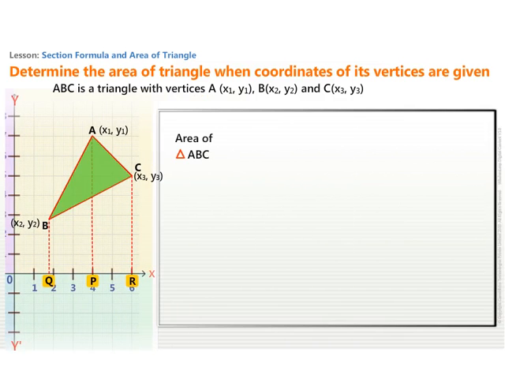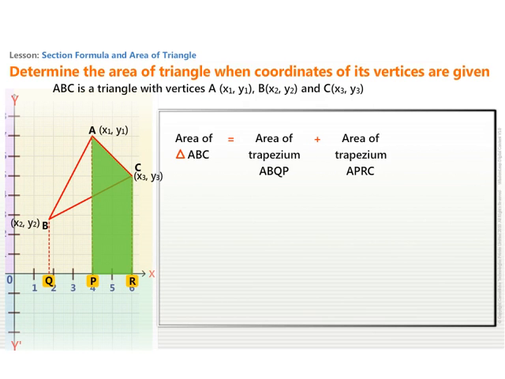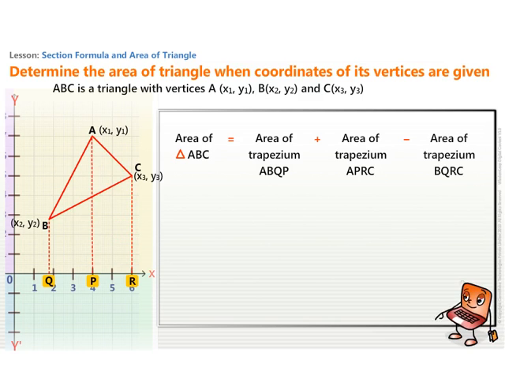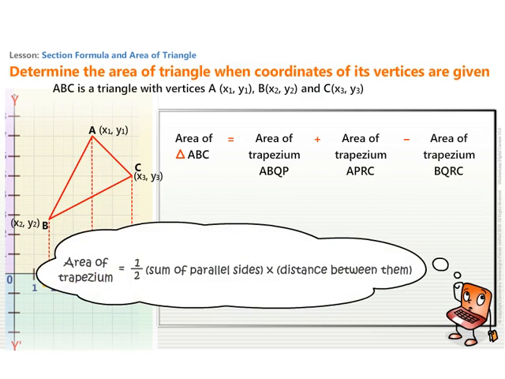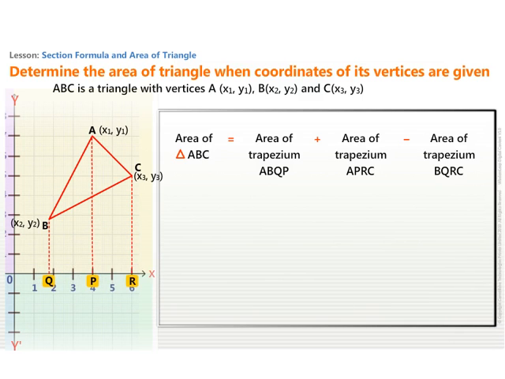From the figure, the area of triangle ABC is equal to the area of trapezium ABQP plus the area of trapezium APRC minus the area of trapezium BQRC. We know that the area of a trapezium is equal to half into the sum of parallel sides into the distance between them. Area of ABC is equal to half (BQ plus AP) into QP plus half (AP plus CR) into